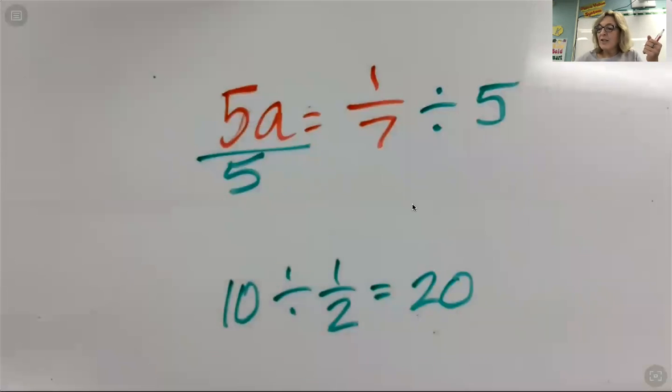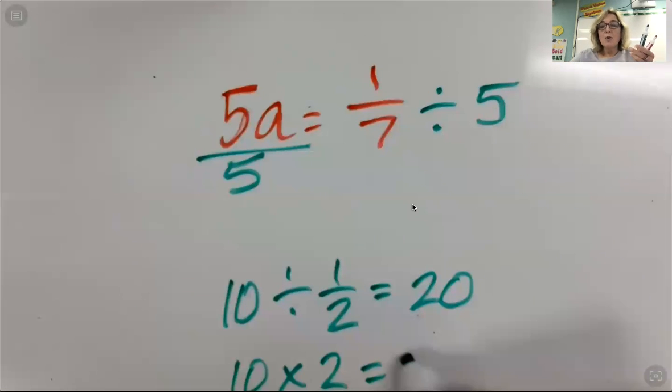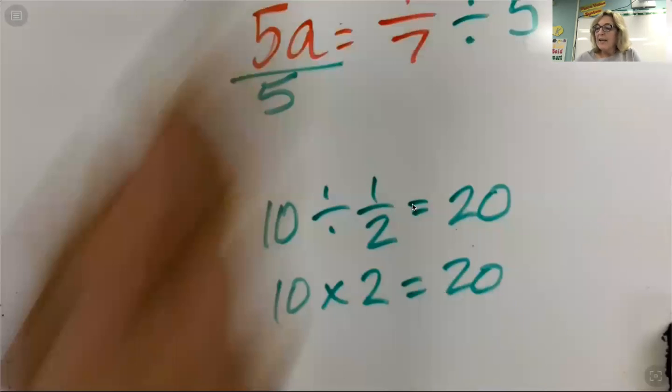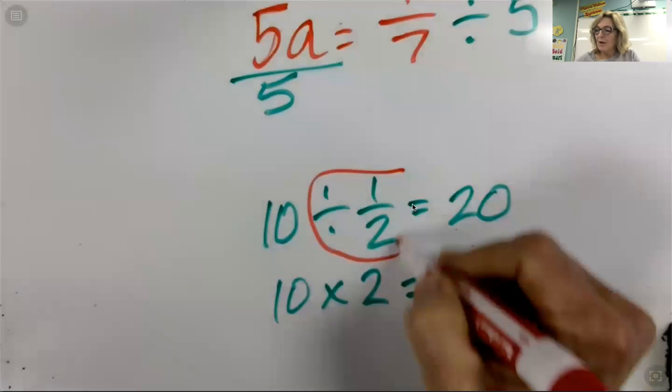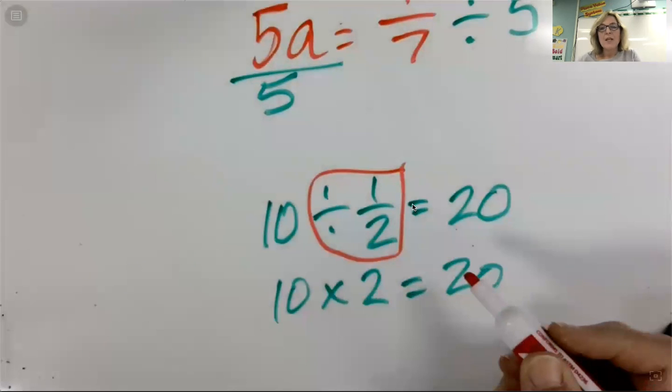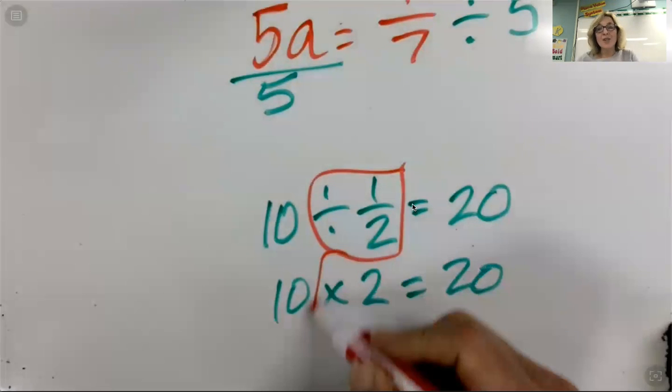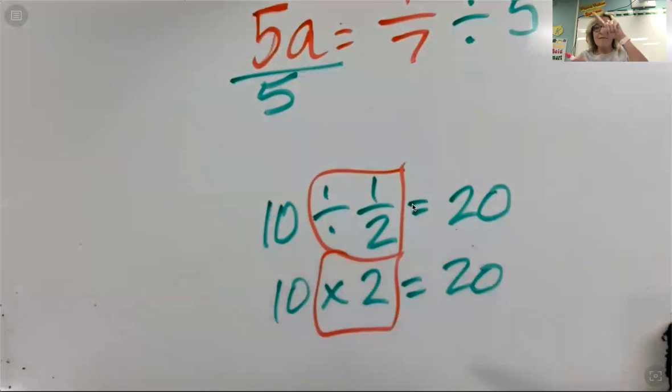Now, what does that look like? Well, it kind of looks like 10 times 2 is equal to 20, right? So what you learned, the shortcut, is that you could take a dividing by a fraction problem and turn it into a multiplication problem using its reciprocal. The reciprocal of 1/2 is 2. The reciprocal of 2 is 1/2, right? You just flip the numerator and the denominator. So back to our problem here,